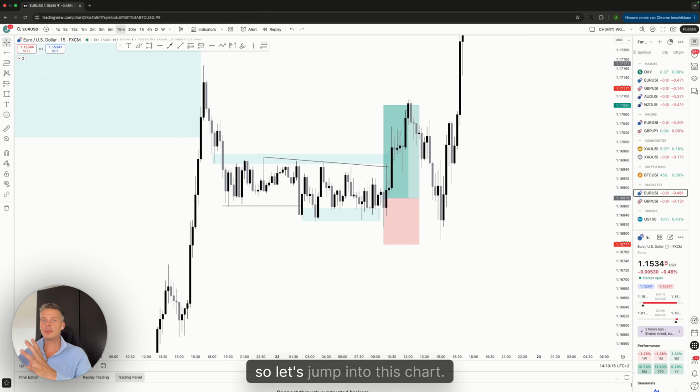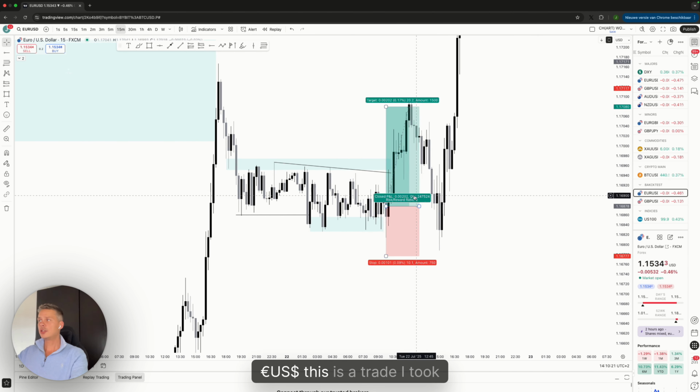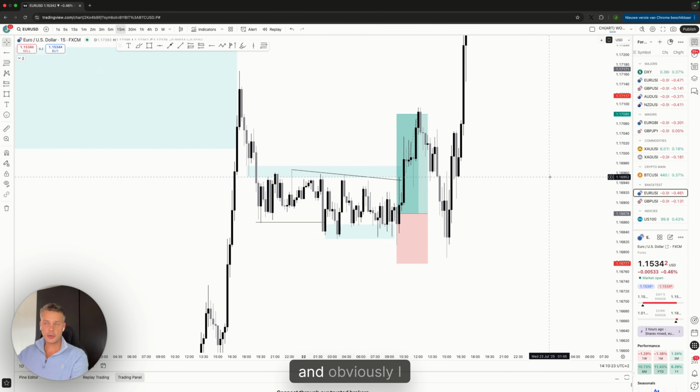All right, so let's jump into this chart. Let's have a look at this trade, euro US dollar. This is a trade I took, and obviously I shared this trade